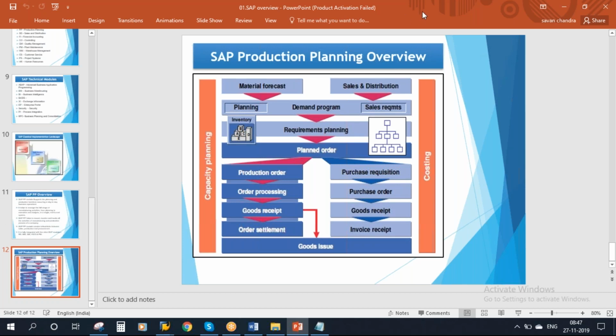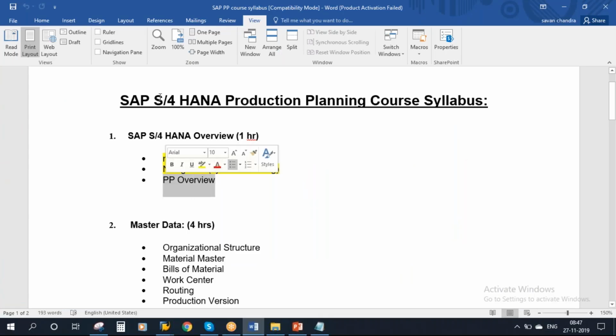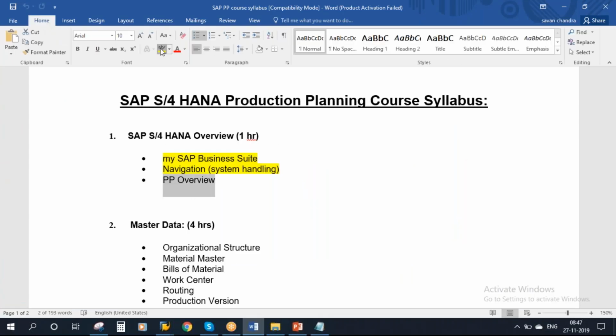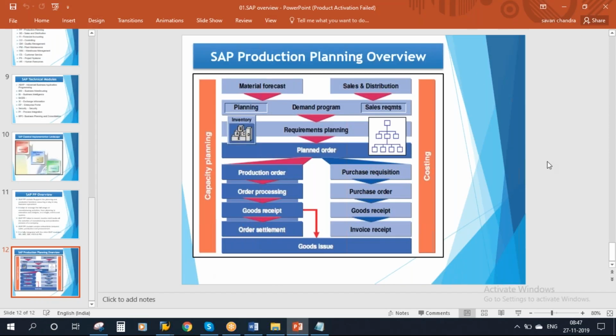Okay, Harish, are you there? Harish? Yes, sir. Harish, till this part is okay? Yes, this part is okay. Okay, so we are done with the PP module overview. Now we will move on to the organization structure related to the PP module. Savan, one quick question. Who is this? What's your name? Hi Savan, this is Aditya. Oh, yeah, Aditya, tell me.